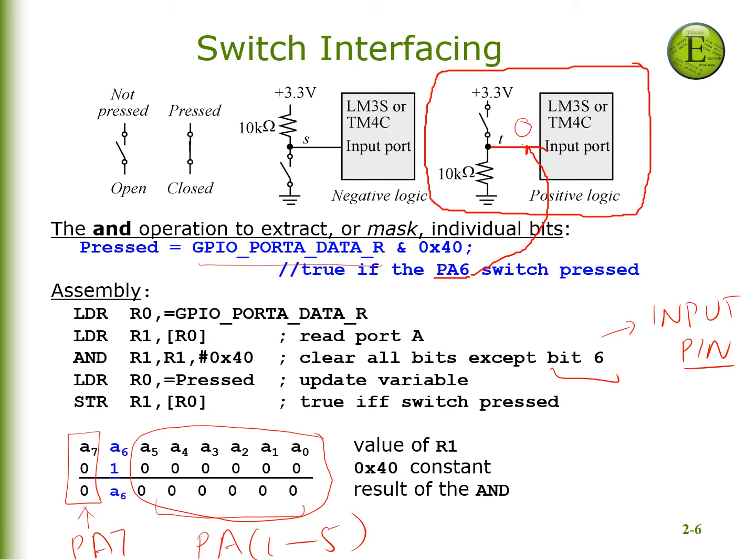And obviously the value at bit number 6 is going to tell us the switch's open or closed status. Once that value has been recorded and we have masked all the other values that we are not interested in, because this pin is the input pin, that's how it is configured, port A. So once that is done, then we are going to store the value